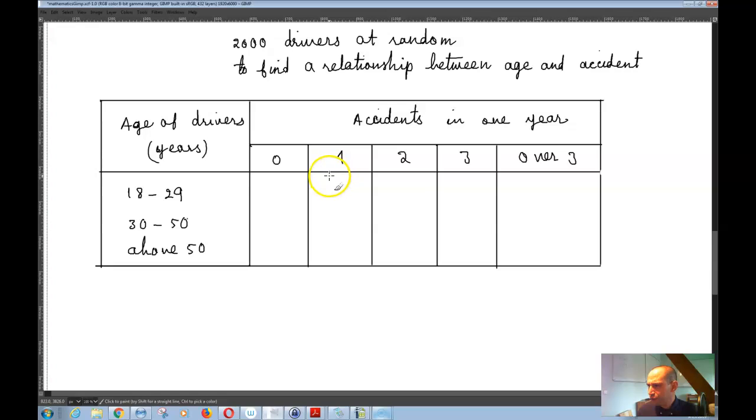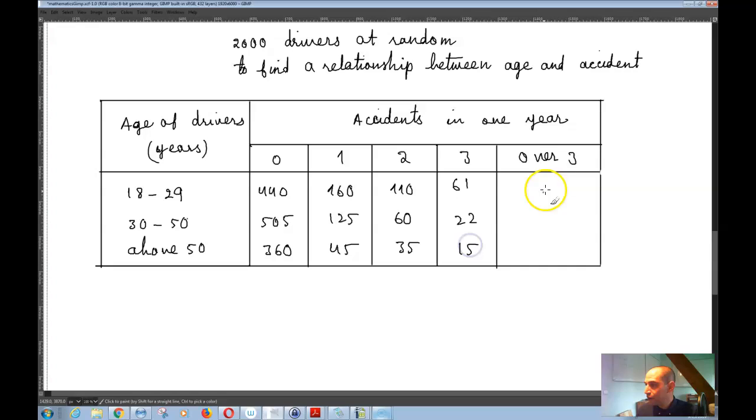So you have basically 440, 505, 505, 360, then you have 160, 125, and 45, and then you have 110, 60, 35, 61, 22, 15, 35, 18, and 9. Okay,